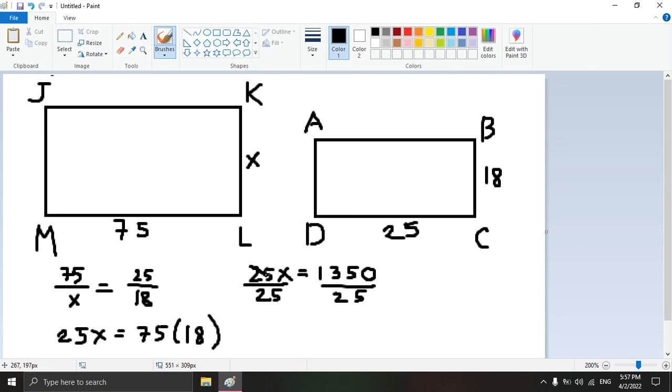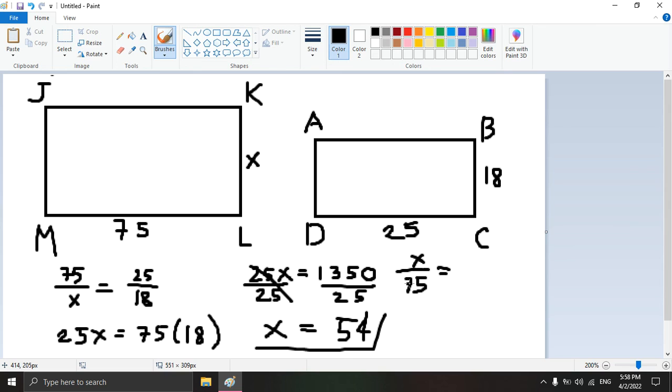It cancels out on the left side, so only x remains. So you have the value of x, which is 54. Okay? So this is the answer: x equals 54. Another form of the proportion can be x all over 75